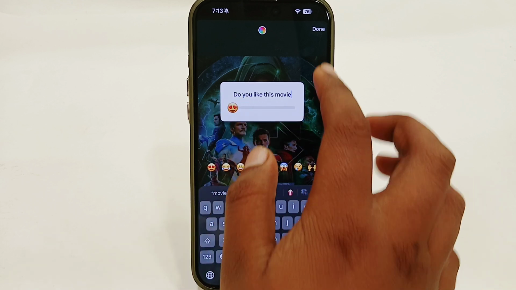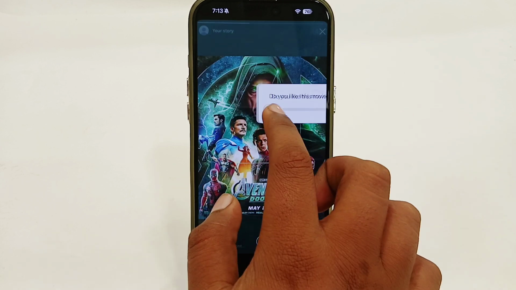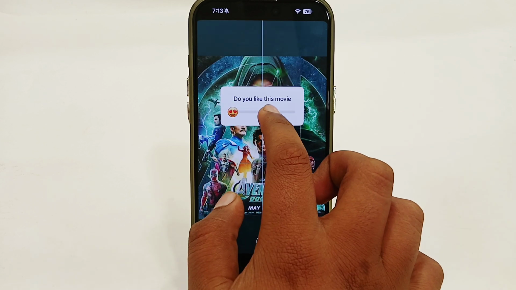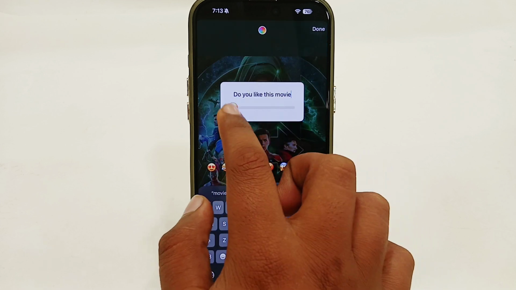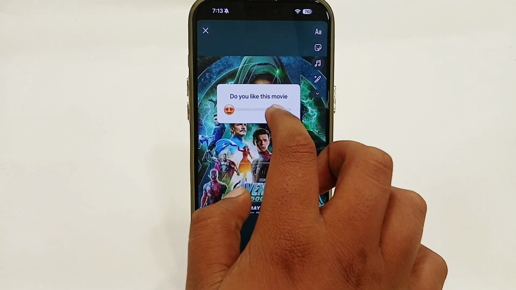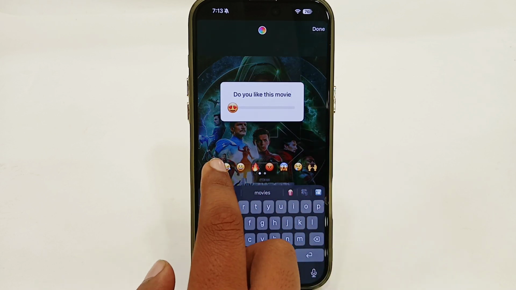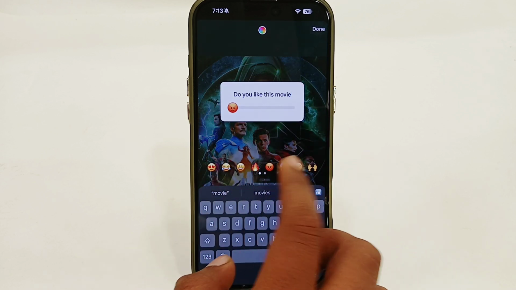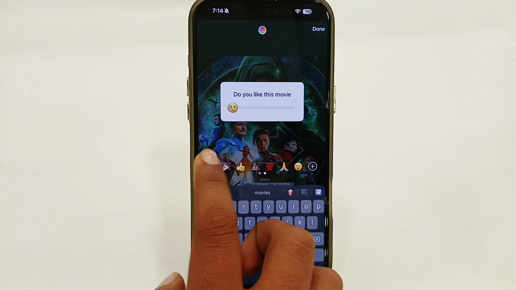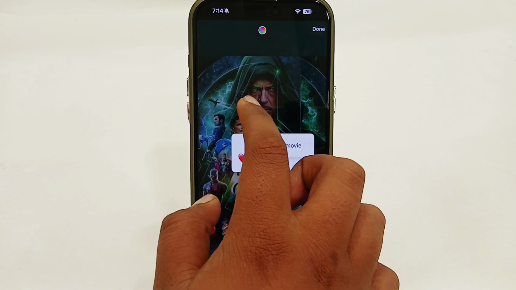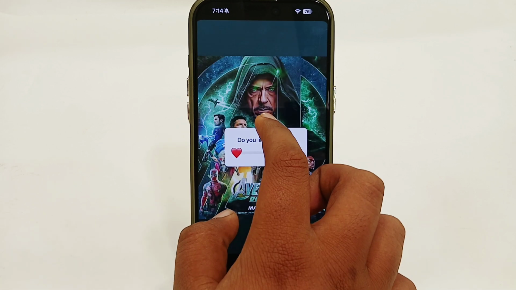So now once you have added a question, people can reply to your question using this emoji. It's up to 100%. By using this emoji slider, you can also try to change the emoji if you want to set. So let's say I'm going to select this one. Once you have done, you just have to tap on this done option here